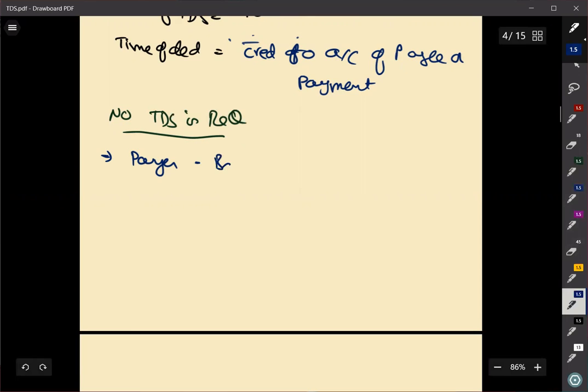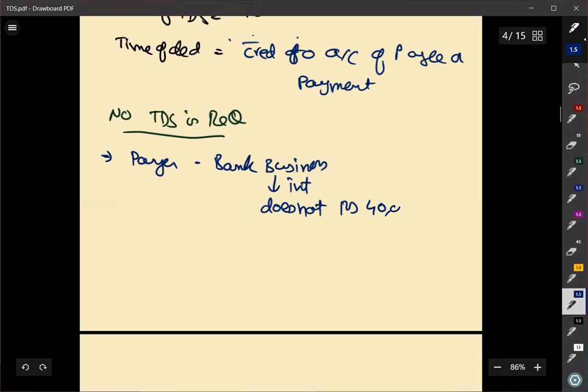The payer is a bank. I cannot call it just a company because this provision is applicable even if it is a scheduled bank, a cooperative bank or whatever it is. Any person who is a payer engaged in something called banking business is making payment of interest. The bank is making payment of interest in respect of whatever deposit you are doing. So on that, the bank is making payment of interest. If the amount of interest per annum does not exceed